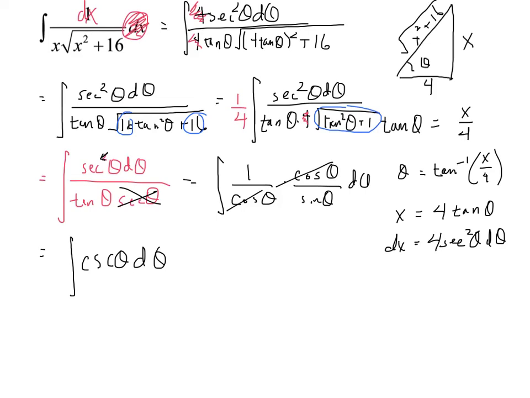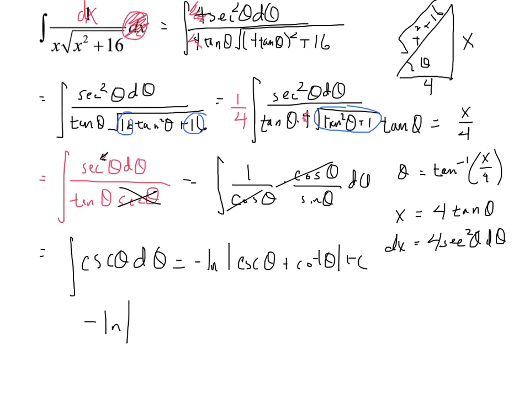Now, this is similar to secant, which we talked about in class. I can post another video with that proof again, but let me just remind you that this is the negative natural log of cosecant theta plus cotangent theta plus c. So now we need to go back to put this in terms of x's. So negative natural log. Cosecant, remember, is